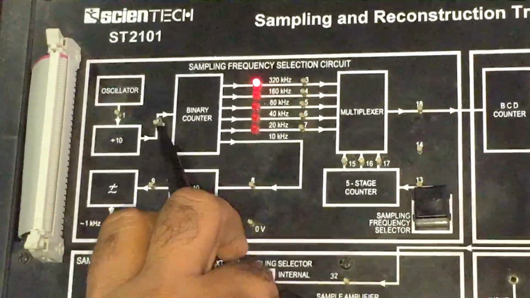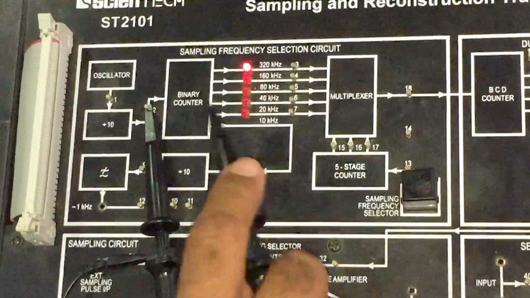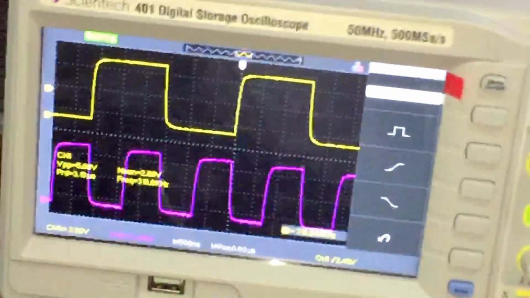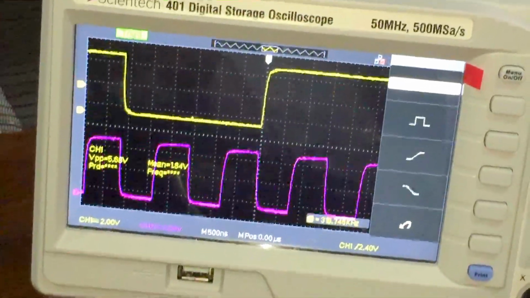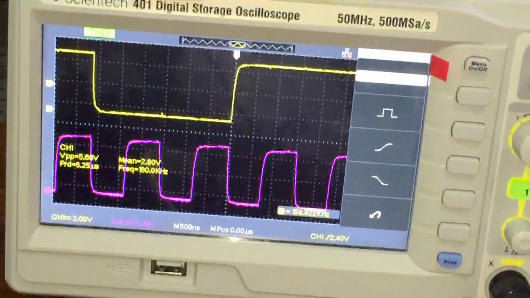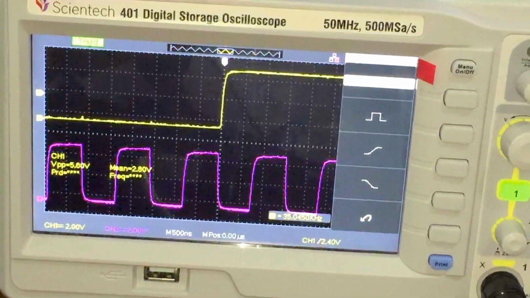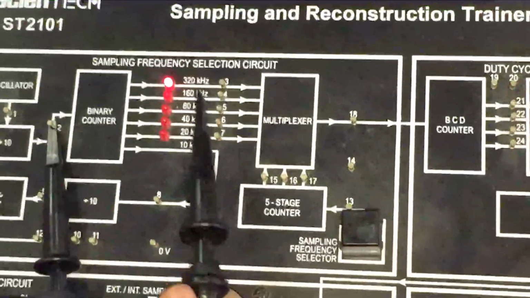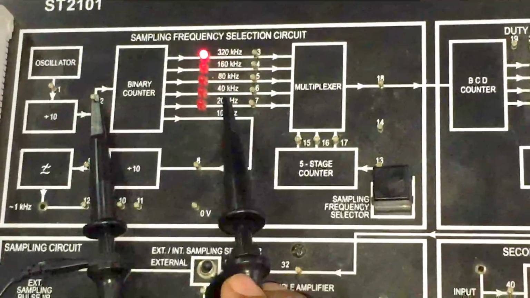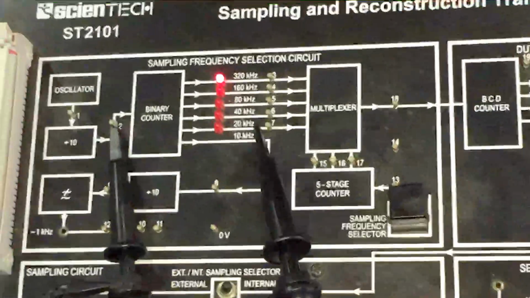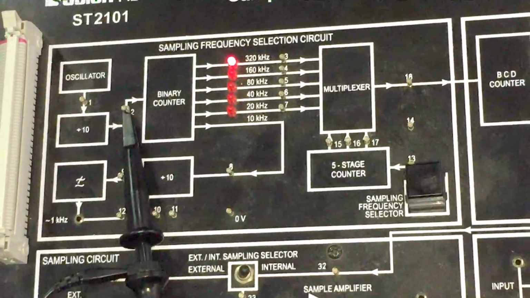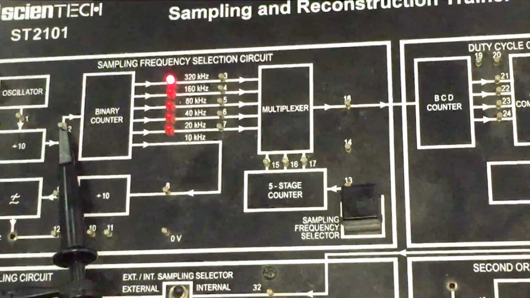So here we have 640 kilohertz, and the first step is 320 kilohertz, which is exactly a division by 2, then 160, then 80, then 40 and 20. So in this section we are able to generate 20, 40, 80, 160 and 320. In the second block we will divide this frequency by 10 to get our requirement, that is 2, 4, 8, 16 and 32 kilohertz.